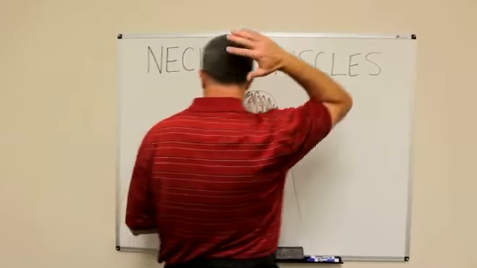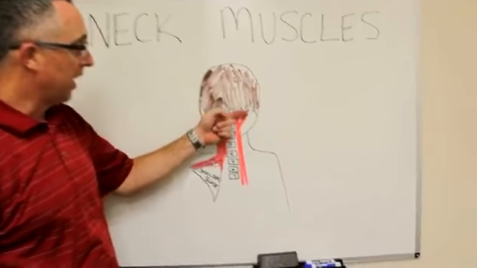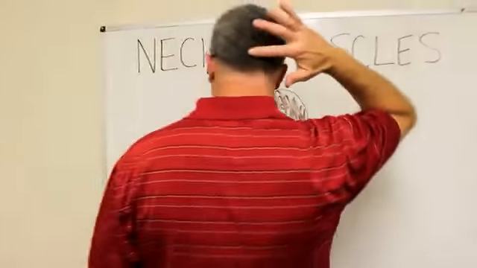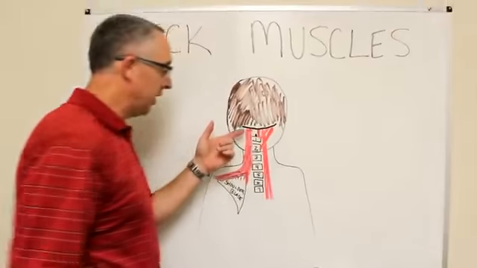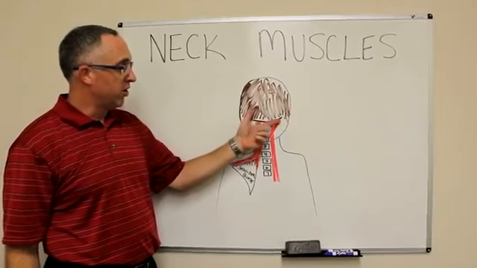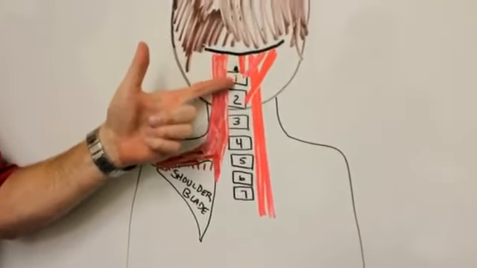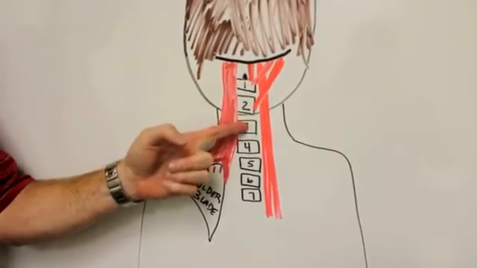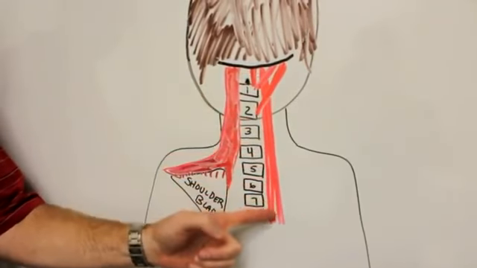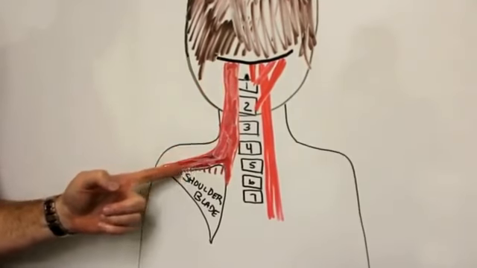So this is a picture of the muscles in your neck. You're looking at yourself from behind. This is the back of your head right here. This black line is the base of your skull. And these are the muscles in your neck. All of the muscles in your neck originate from that spot at the base of your skull, and they run alongside the vertebrae in your neck to your shoulder blade.